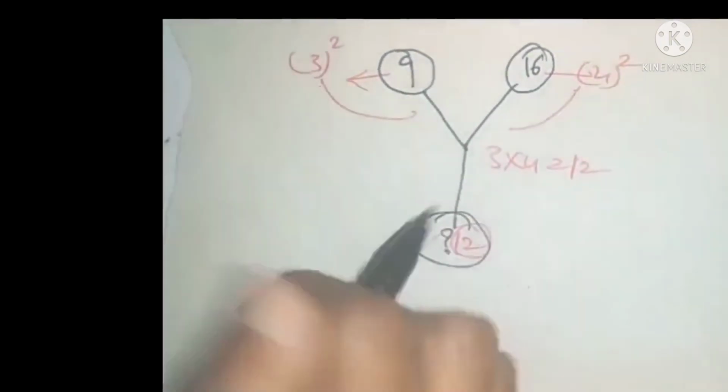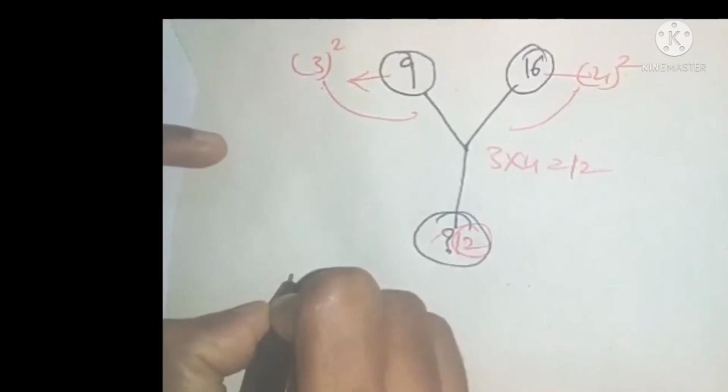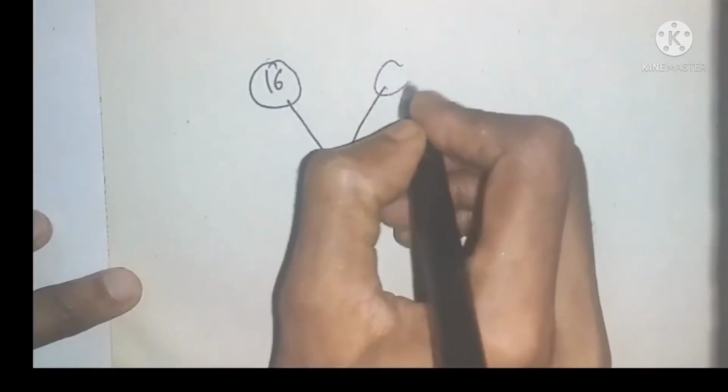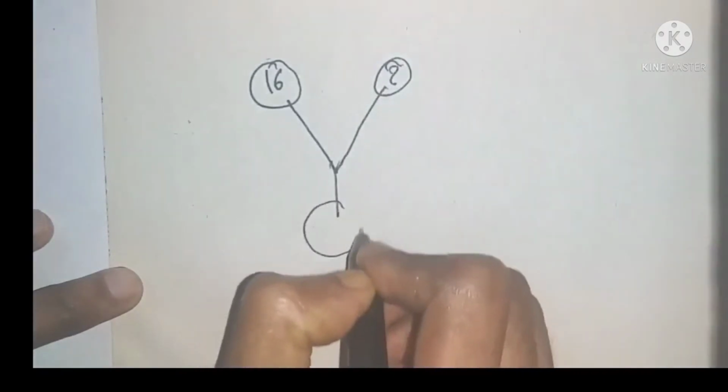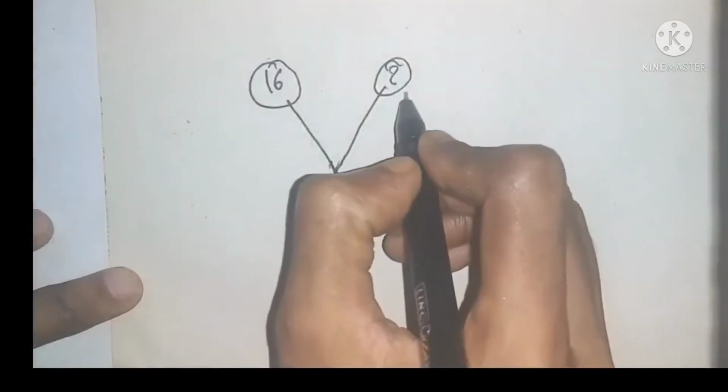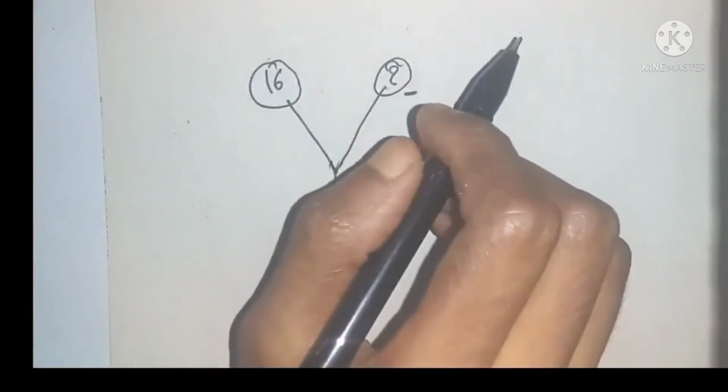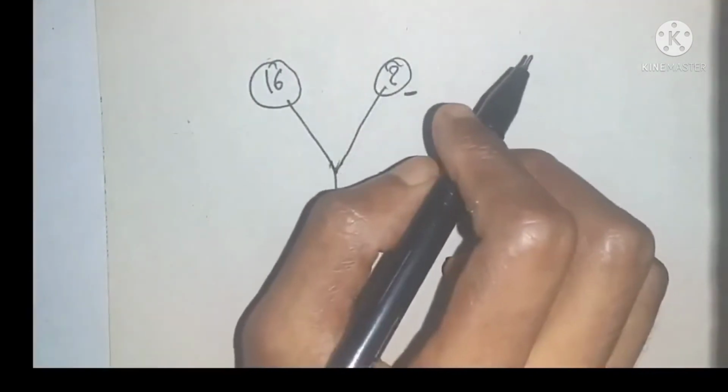And now giving a question as homework, that is 16, 20. Find out the number which is here. Use the previous method and try some other different and tell me the answer.